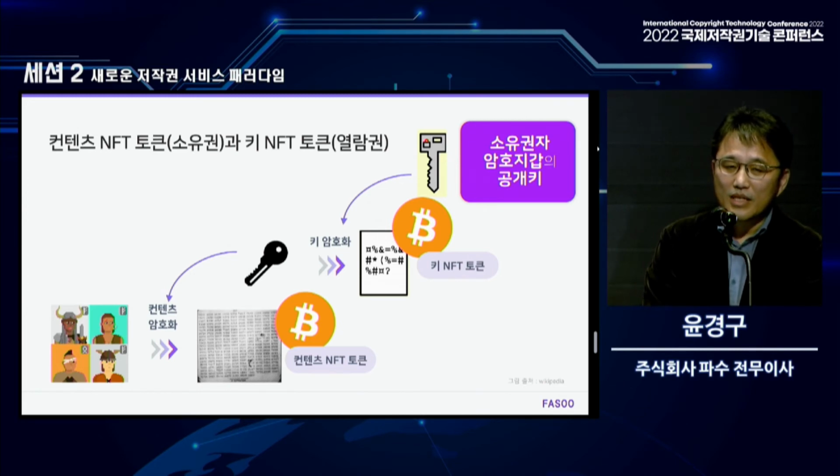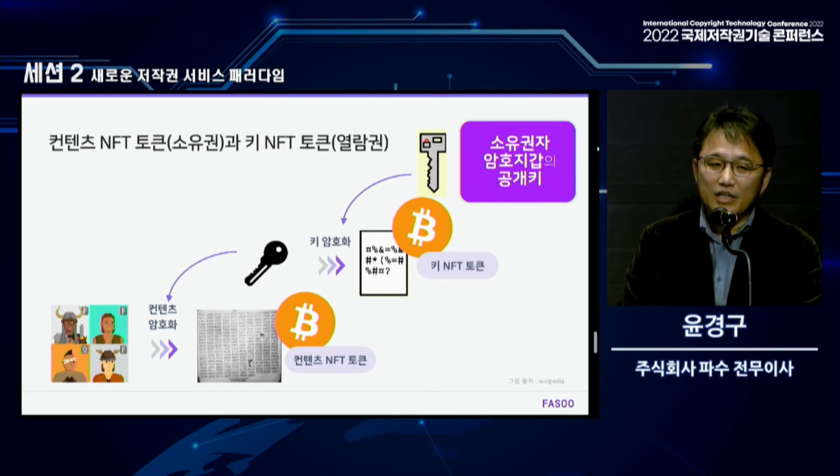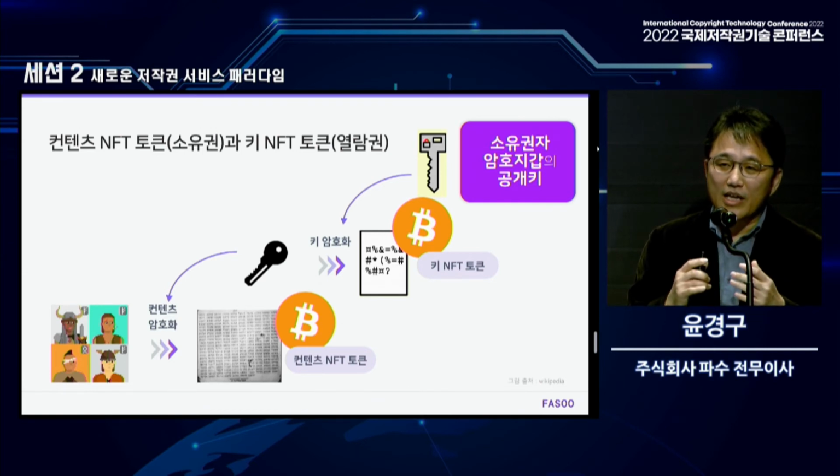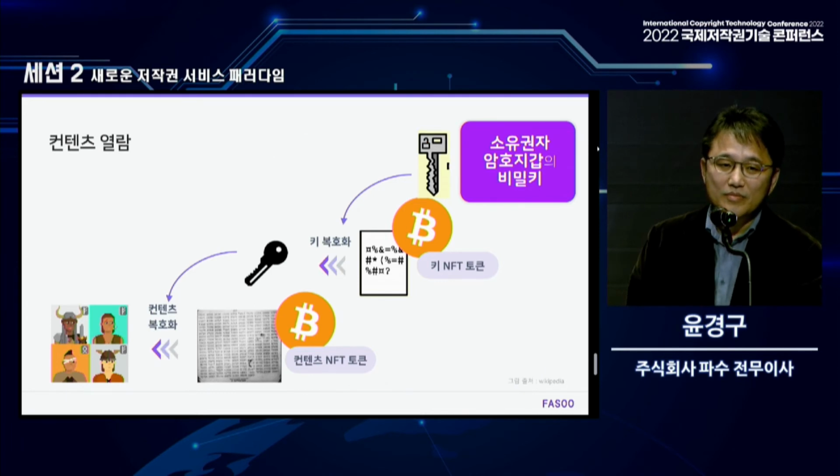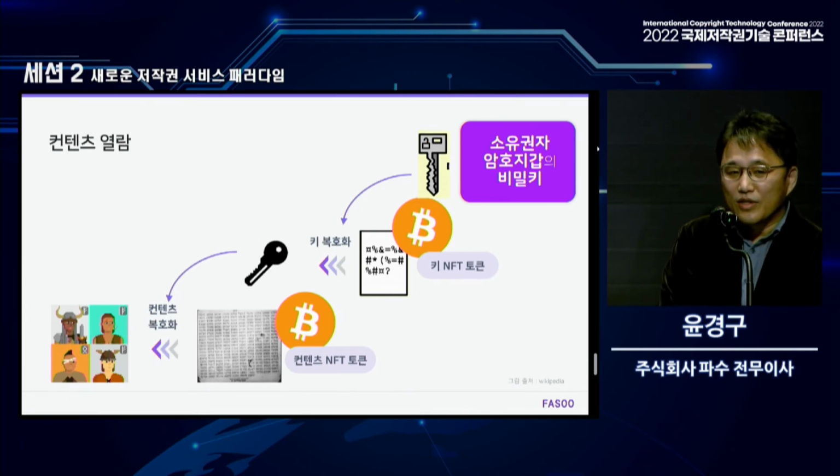So when you issue an encrypted NFT token, the encryption is done by a public key, and that means this key will be a symmetric key. So the key NFT token will issue a token that is encrypted by a public key or a content key. Likewise,